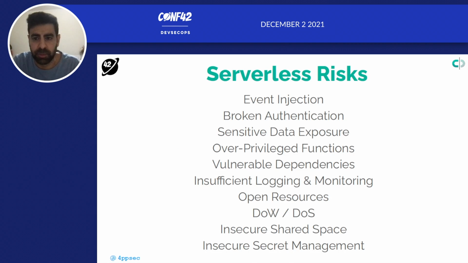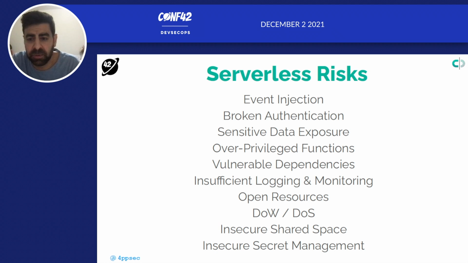There are some other serverless security risks. We're not going to talk about all of them. I'll refer you to information about them. I'll just mention some of them. So event injection is basically someone attacking your function with arbitrary code. Broken authentications are functions that are not performing any type of authentication, just relying on the incoming data. Sensitive data exposure, of course, Lambda contains sensitive data like keys and code, and some secrets